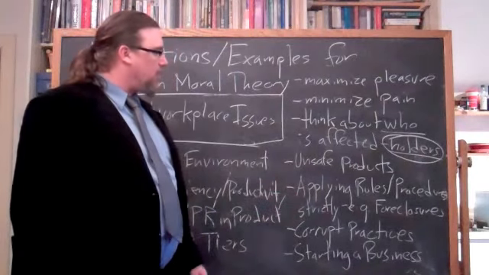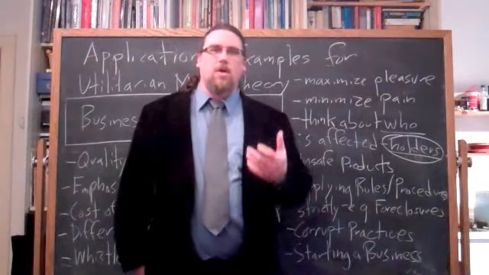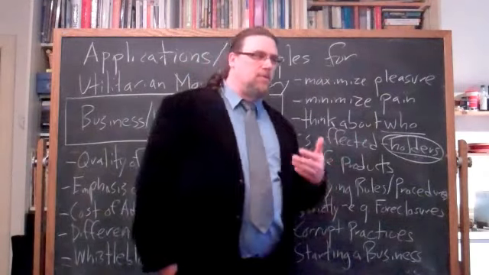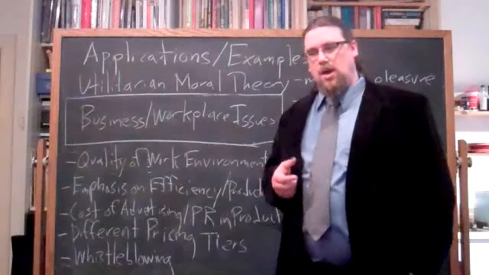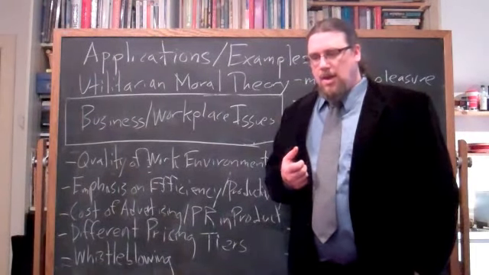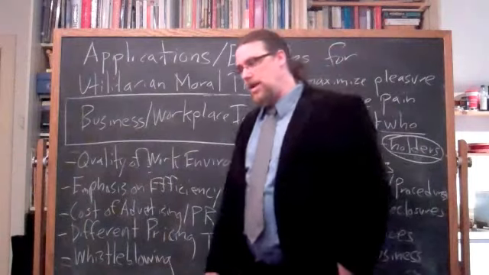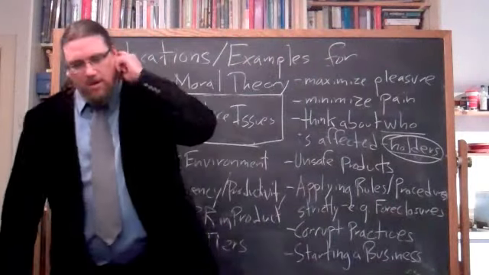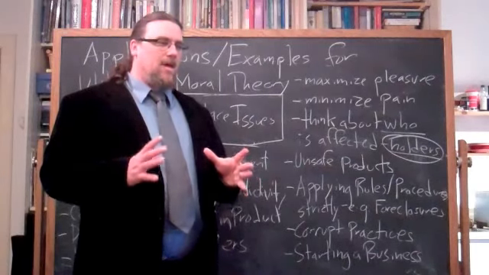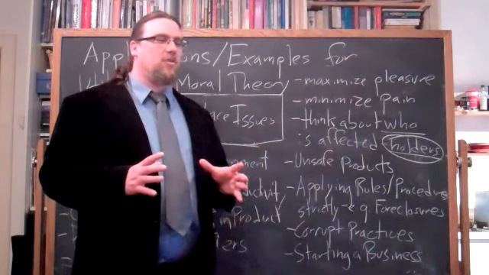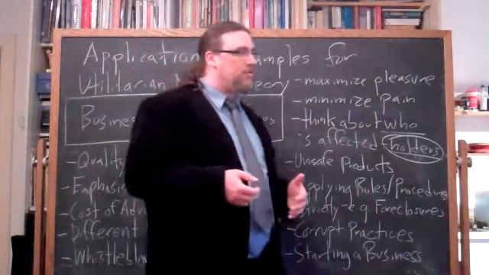Two other things I want to talk about before we end. One is corrupt practices, and what we mean by corrupt practices would be, say, nepotism, bribery, other forms of using influence to get ahead in business. Now, there are some cultures in which this is the norm, and it'd be interesting to think about what Bentham would actually say about that. In England, at least, in the places where that had become the norm, Bentham was totally against that because he said it subverts justice.